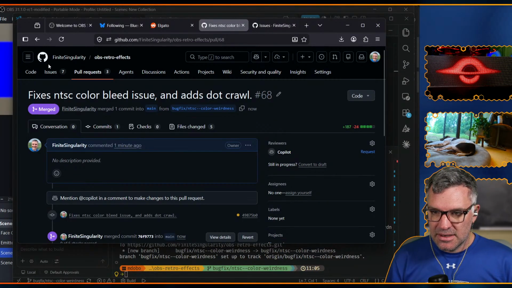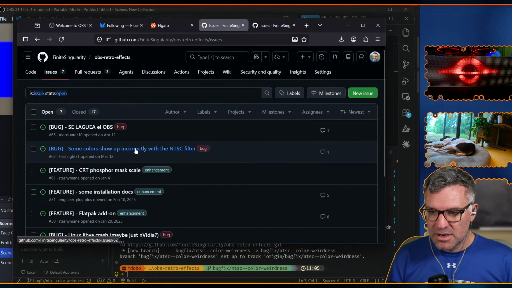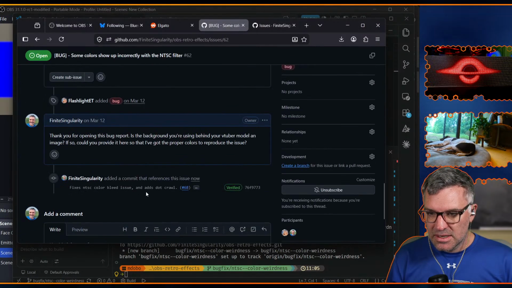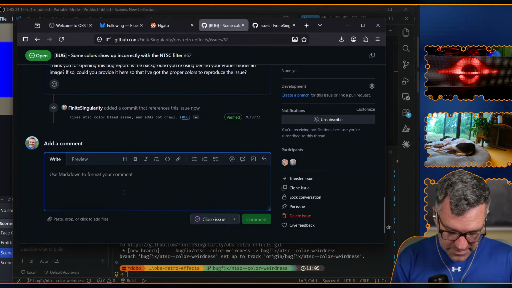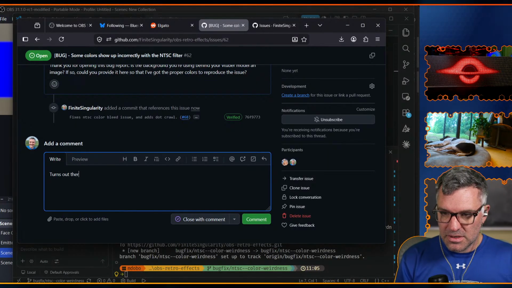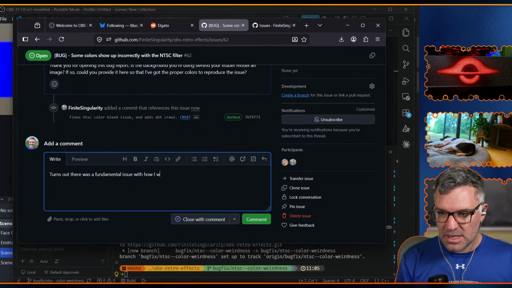But we can go to our issue here. Some colors show up incorrectly. Turns out there was a fundamental issue with how I was